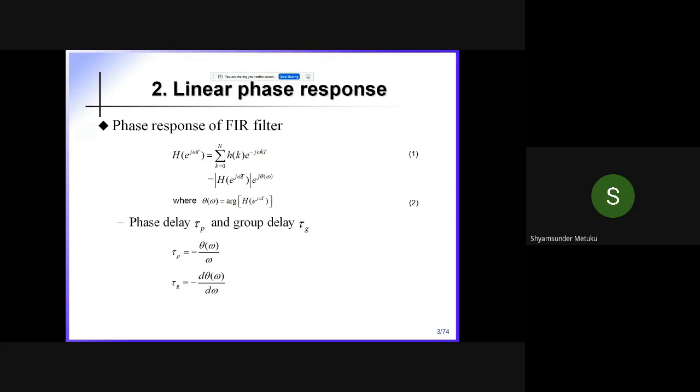Under root of real number square plus imaginary term square is represented by the magnitude of H of e power j omega capital T, in equation 1, the next line. Then times e power j theta of omega. Can I write that way? To generalize, the result of the discrete time Fourier transform is always complex in nature. That is the reason I represent my output in polar form. Polar coordinates means magnitude times e power j phase representation. Yes or no?